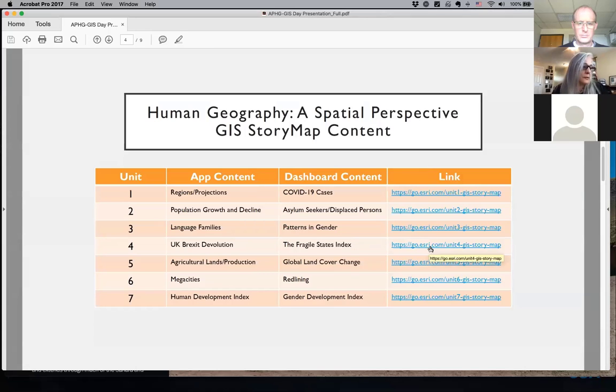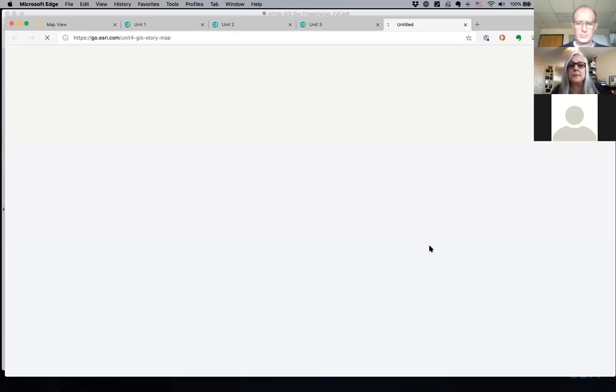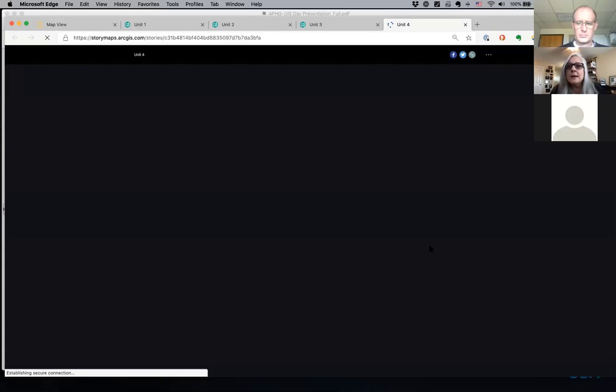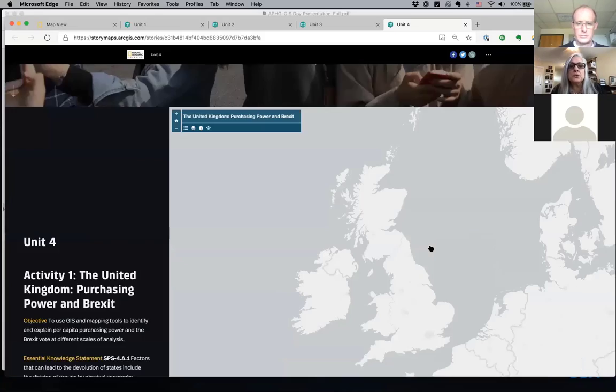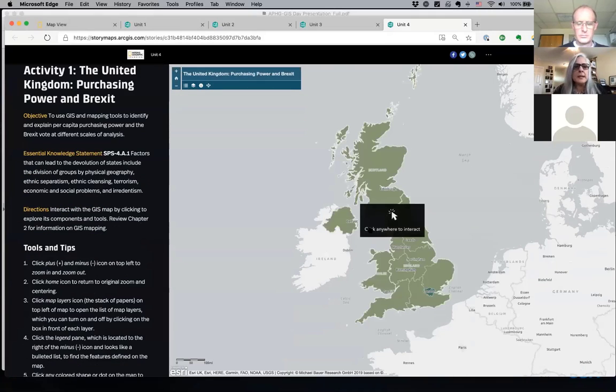So the fourth, okay, yep, I've got 3 minutes. Let me see how quick I can go. We have political. So this one is Brexit. And I'll just show you very quickly. It compares the purchasing power per capita in the UK to their European Union referendum in 2016 on exiting